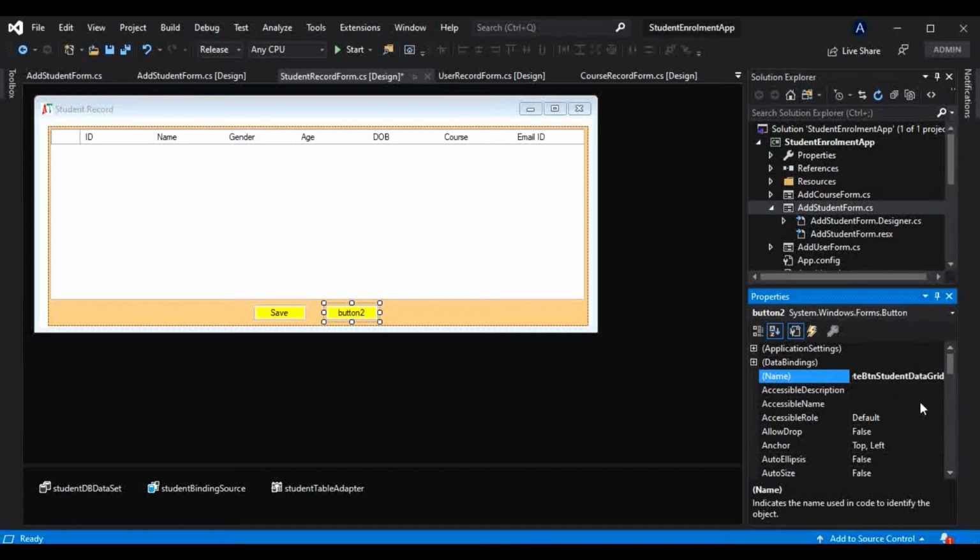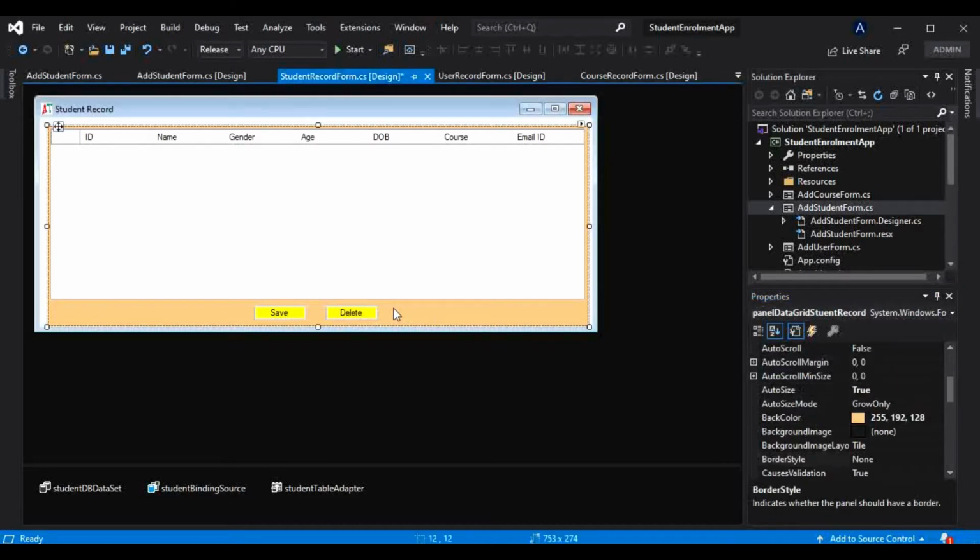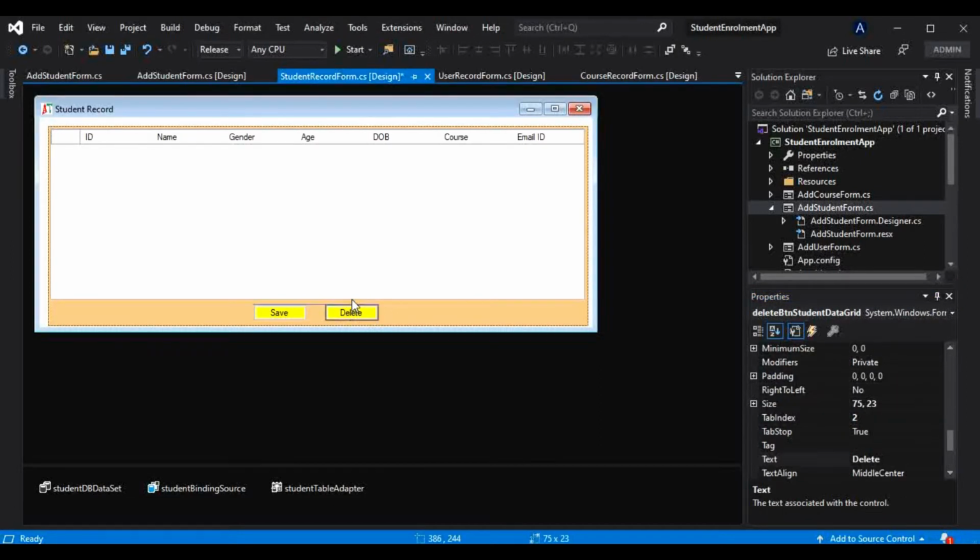And the text I want to change to delete. I will just increase the size of this button here so that it will look good.